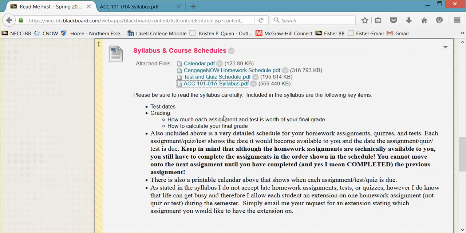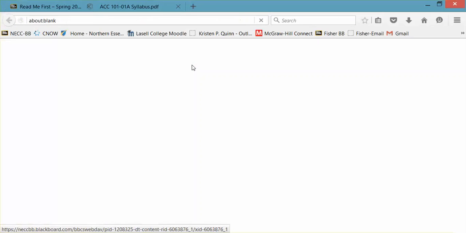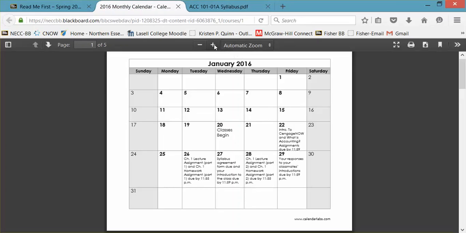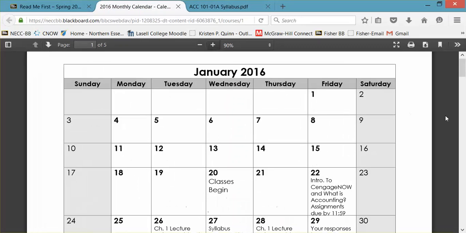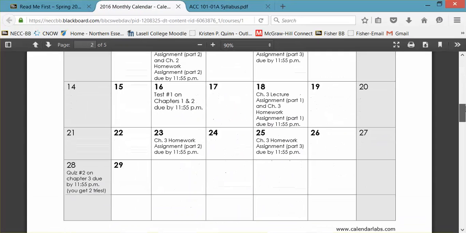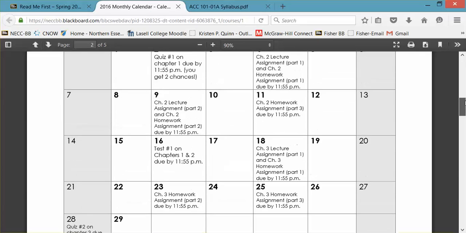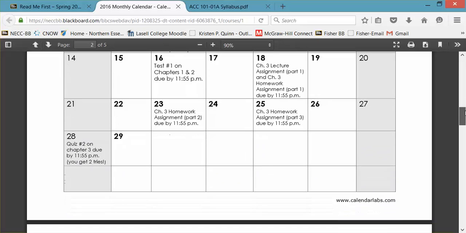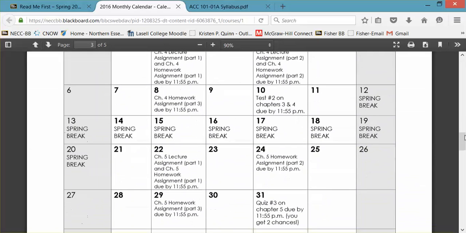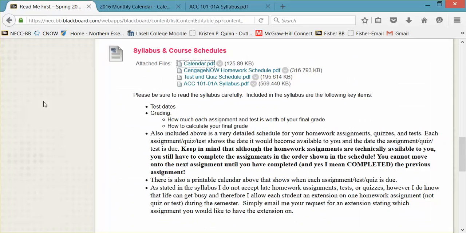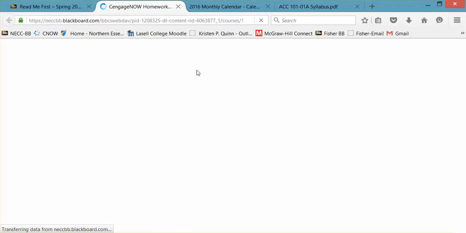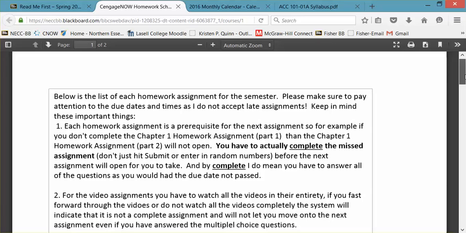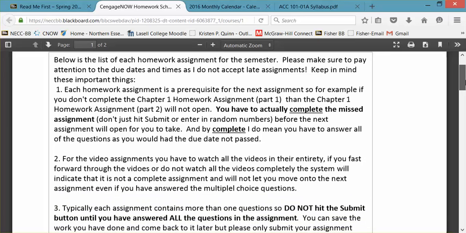Back here in Blackboard, again, here you're going to find a printable calendar, which will show you all of the assignments that you have due and their due dates. You'll notice that you pretty much have 2 assignments due per week, typically on Tuesdays and Thursdays. You also have a detailed homework schedule for Cengage Now assignments that give you some reminders at the top,